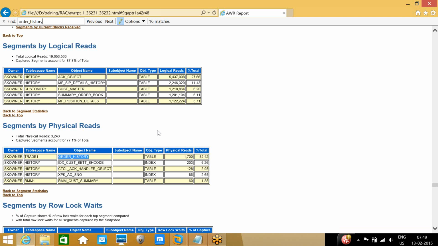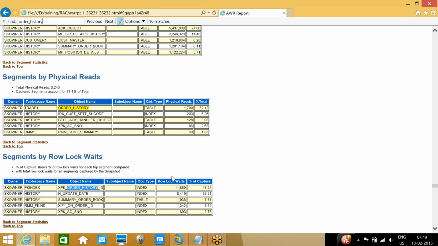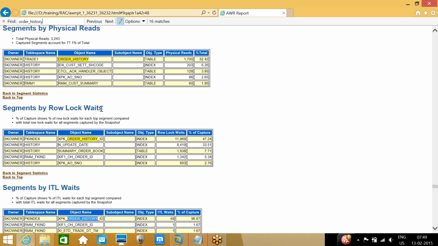Order history. Okay, so the order history table is appearing in the segments by physical reads. We need to identify which index is causing the issue. Yeah, I got it. If you see here, segments by row lock waits.